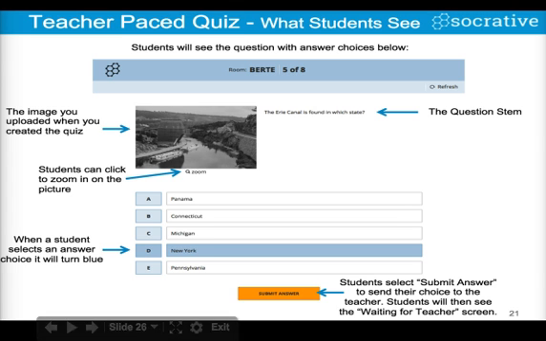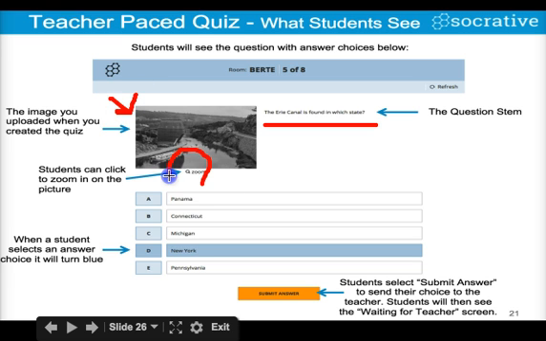Here's a teacher-paced quiz. So just as I mentioned before, where students can actually go through the student-paced quiz on their own, you can also make it a teacher-paced quiz. It's another option and can make sure every student is on the same question at the same time. As you can see, there's also some multimedia here. That's what I like, and the question is here. The media is clearly visible. Students can zoom if they need to look closer or they need it to be more enlarged. They simply click whatever their answer is and then they submit.